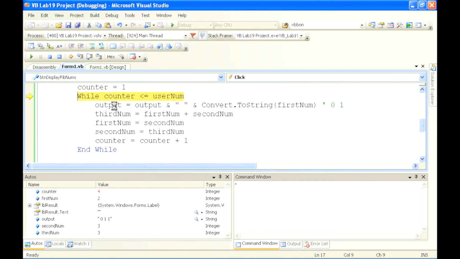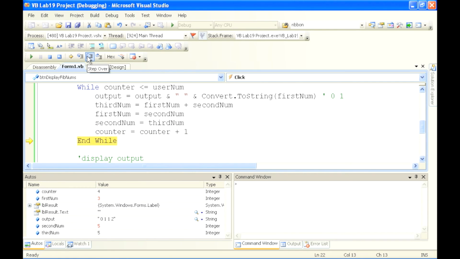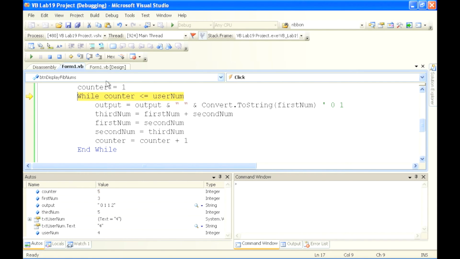So now I go back to the top of the while statement, asking the question, is 4 less than or equal to 4? Yeah, it's true. It is equal to. So in this case, we're going to go into the loop body once again. And now we're going to take the output, which is this, and we're going to concatenate that with the number 2. So when I step over, now you can see the number 2 is sent to the output. All right, so now we have new values for third number, for first number, for second number, and also for counter. So I go back to the top of the while statement and ask the question, is 5 less than